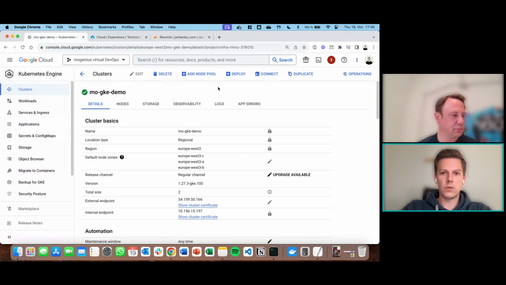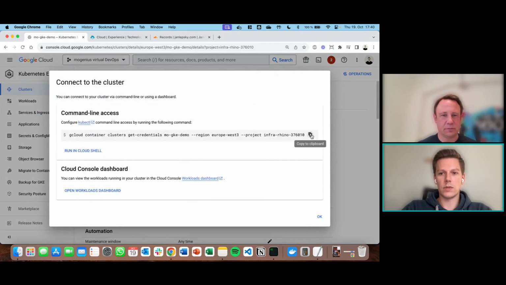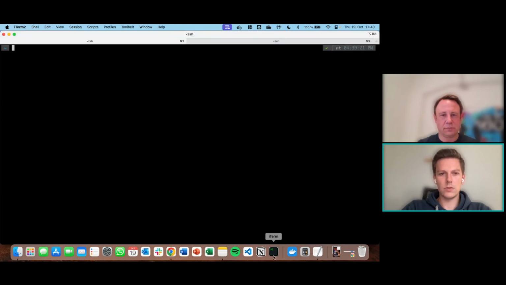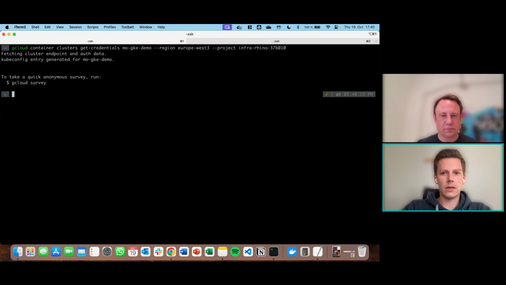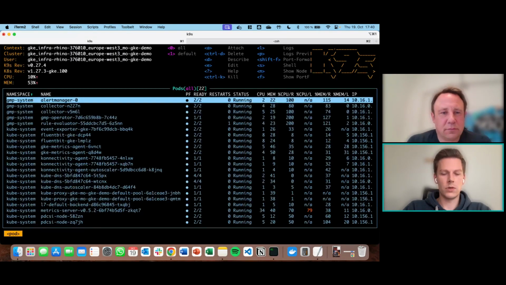So to begin, we're going to connect with the cluster. And I'm going to do that on the terminal here. And then we'll use the tool K9S to see what's going on the cluster and to monitor our setup with Mogenius. So as you can see, that's just the default services from the Google Cloud here, from GKE solution.